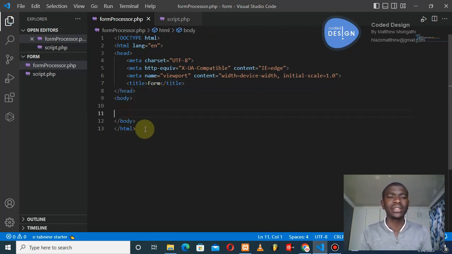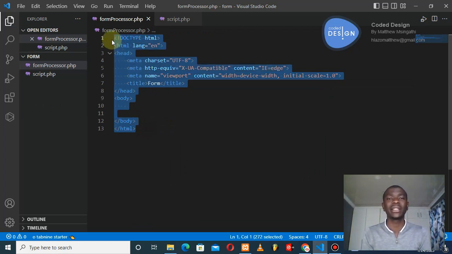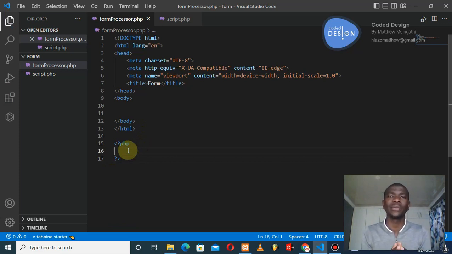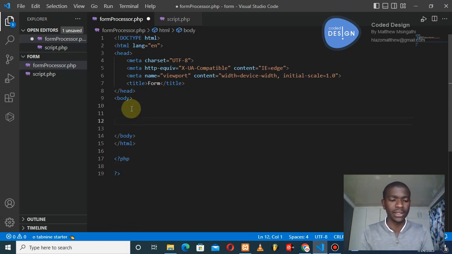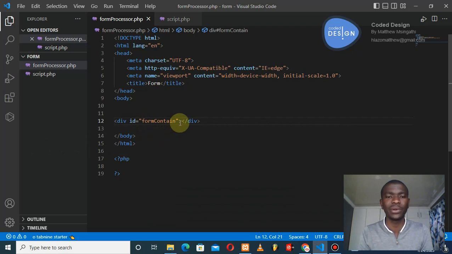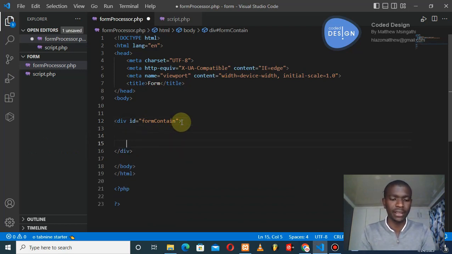So this is going to be our user interface part, where there will be the actual form, and then we need a PHP tag here, to open and close it. The PHP tag is going to be the one that will be responsible for processing the form data. So let's just create a div with an ID of form container. This is the container that will have a form inside that will contain the actual form that we are creating, and then from there let's just have